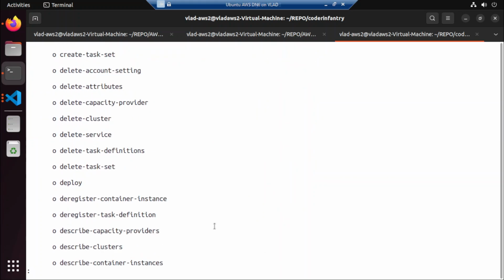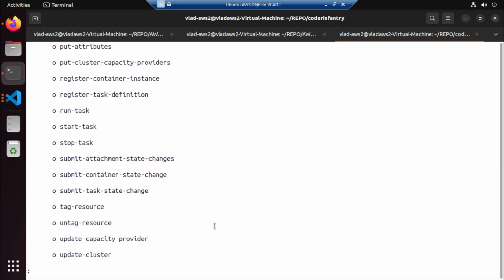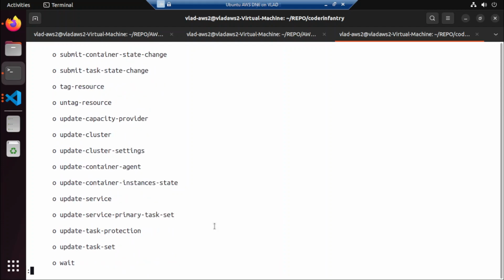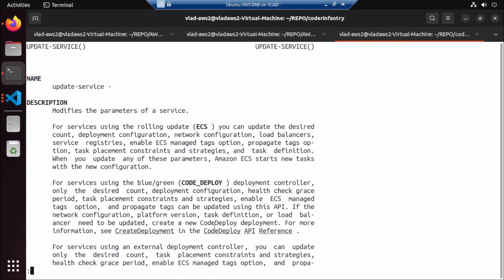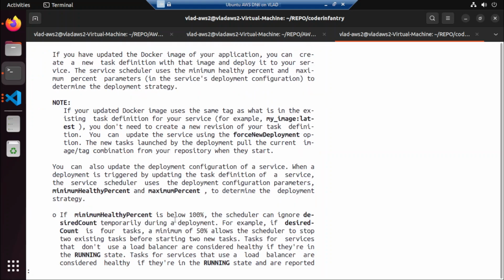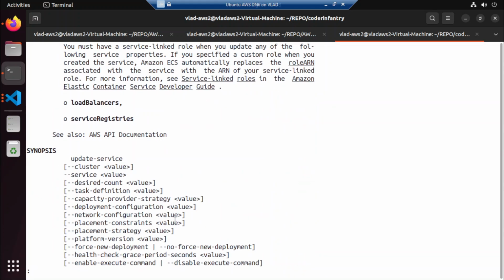Update service. Update service. Is there an update service? Yep. AWS ECS update service help. Update service, then